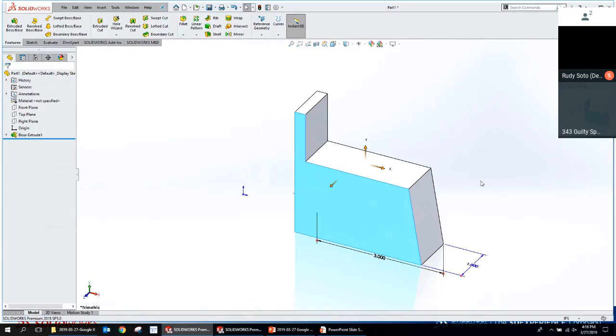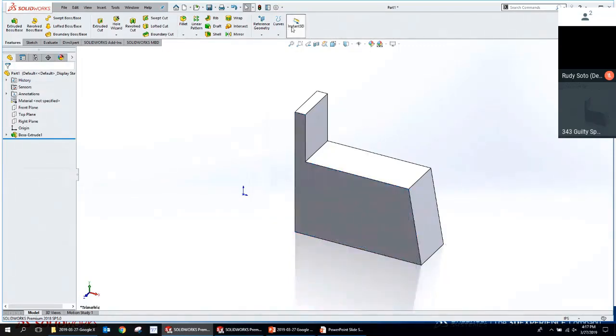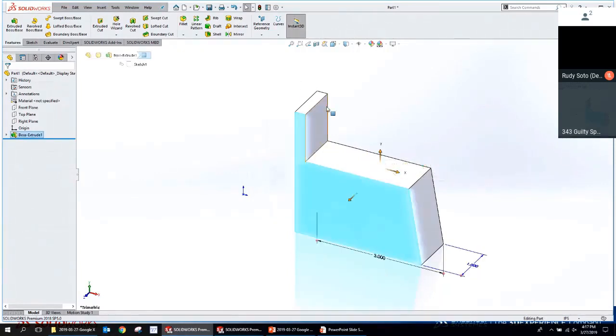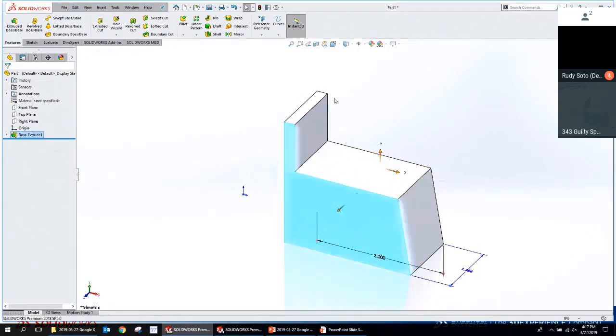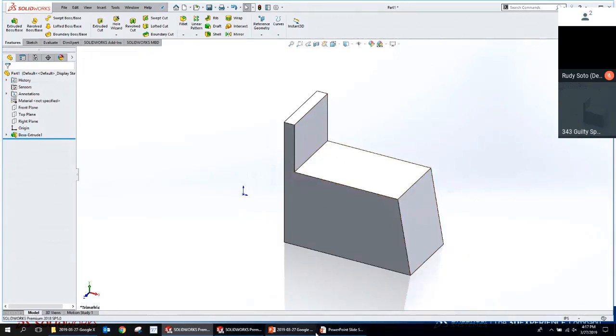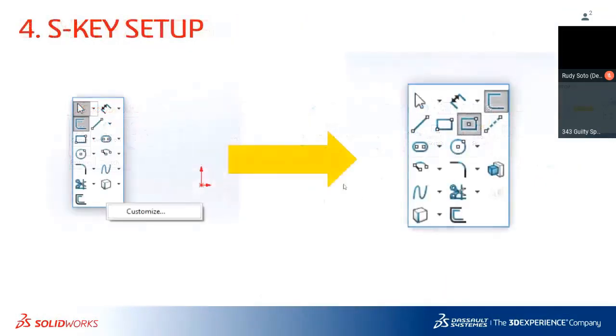So they were thinking, well, we want to have kind of a uniform or a consistent interface between feature mode and sketch mode. And that's what Instant 3D does as well. It does what I just showed you there. If it's on, when you click on something, all the dimensions show up. If it's off, it behaves a little bit more traditional. So Instant 2D and Instant 3D, good ones to know about.